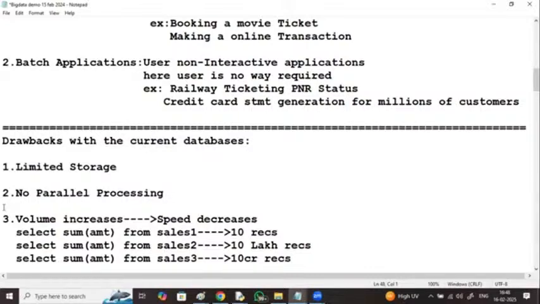It follows master-slave architecture. Single master and multiple slaves. Observe in this manner. Hadoop cluster, we say. Hadoop cluster is a group of nodes.